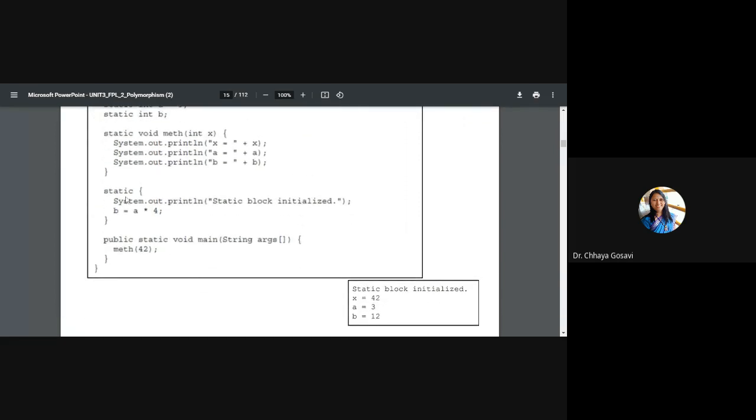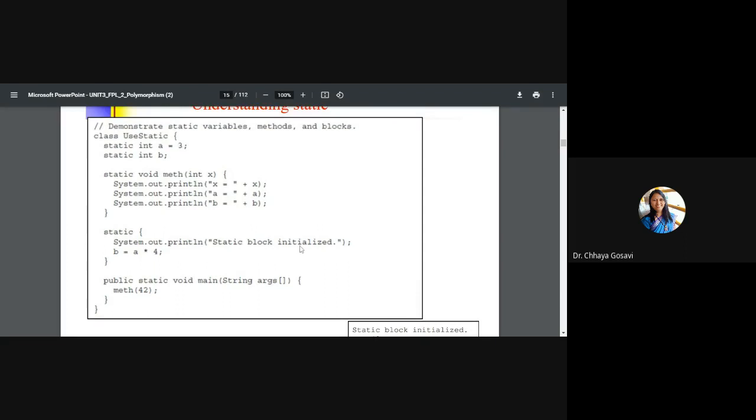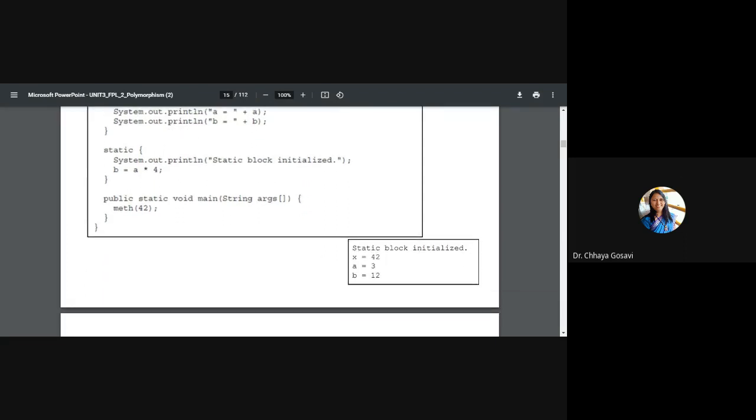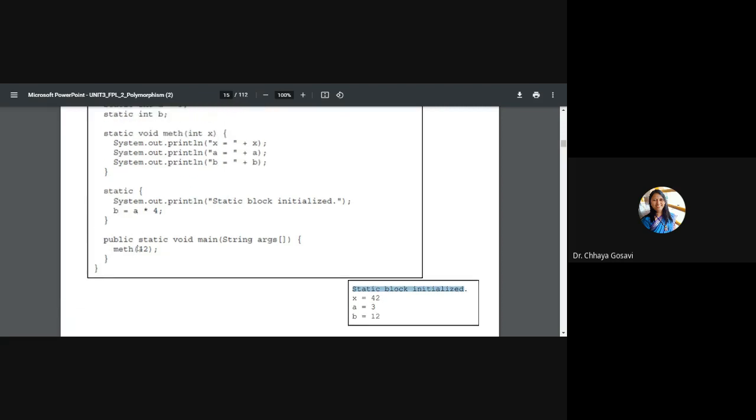Now the static block is initialized with b equal to a into 4. So how are you getting these values? Static block initialized. It will call the main method first, but before calling this math method, the static block will get executed. So it will print System.out.println static block initialized.